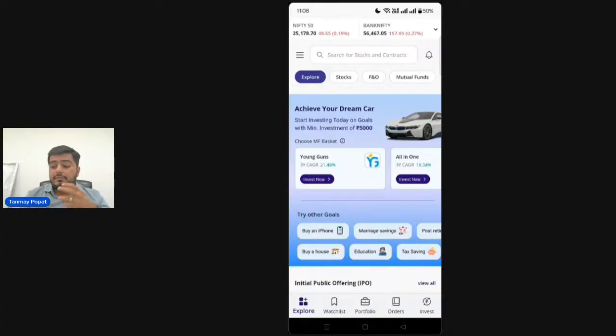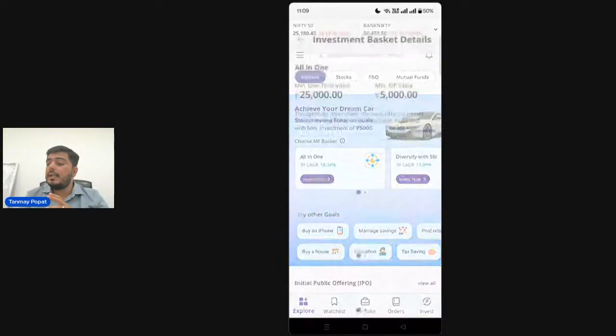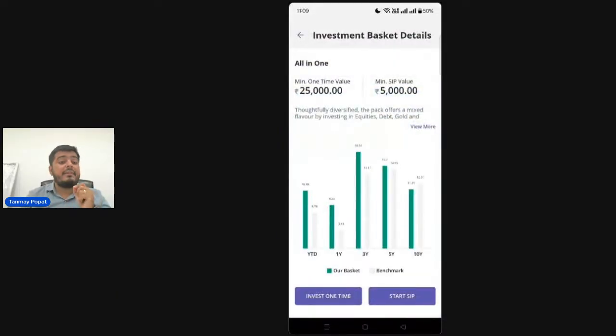So let's say you have a dream of purchasing a car after 3 years or so. Then we have curated some mutual fund baskets for this. Let's say you see a basket called All in One. If you go into that basket, you can see that it has a minimum one-time investment value of 25,000 and a minimum SIP value of 5,000. So you can start your journey with 25,000 rupees, and then your monthly SIP value will be